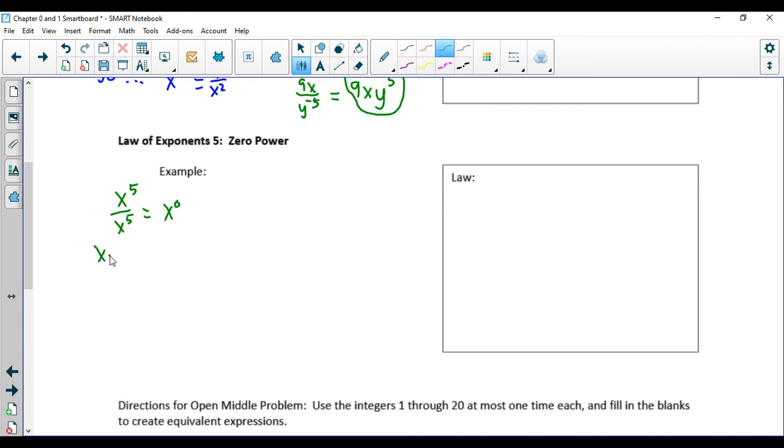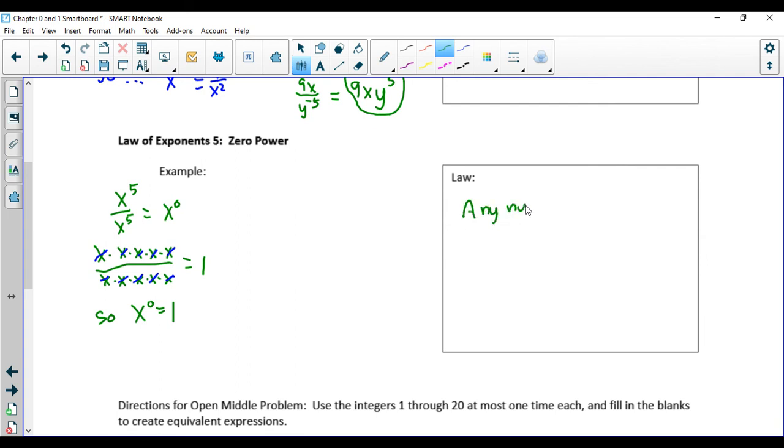If I actually wrote that out, I would have x times itself 5 times on the top, x times itself 5 times on the bottom, and all of these x's would cancel out because they're all factors. And remember, when things cancel, they equal 1. So therefore, x to the 0 equals 1,